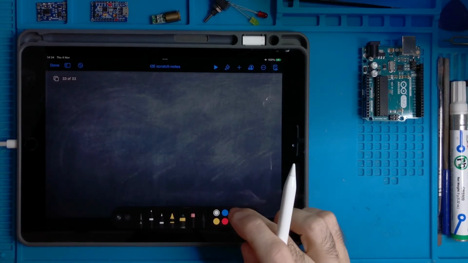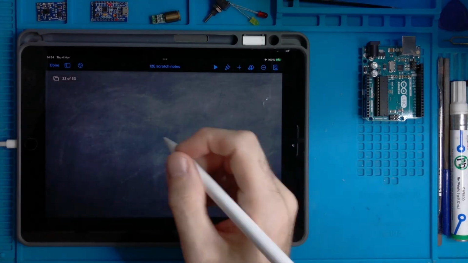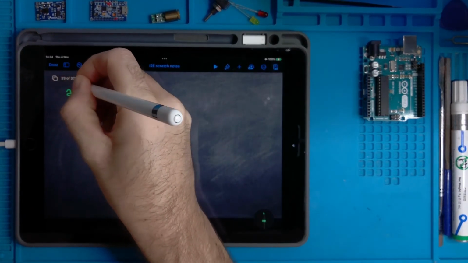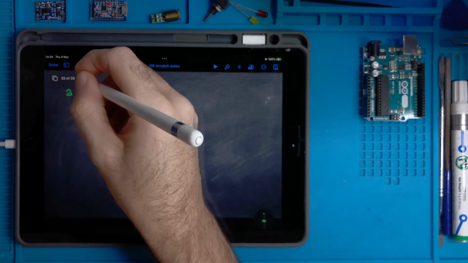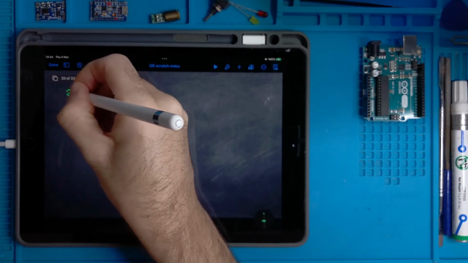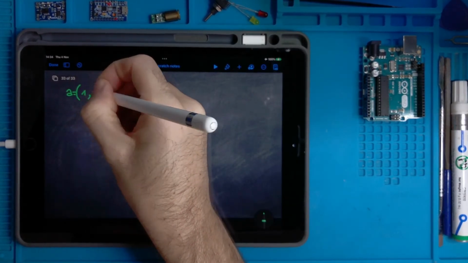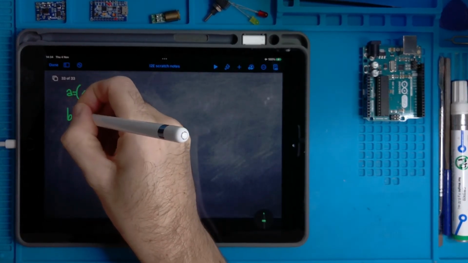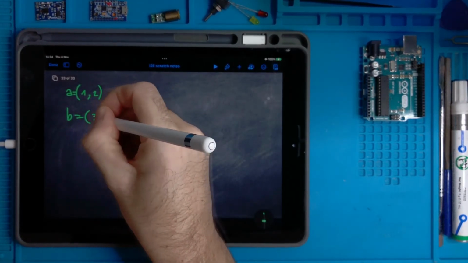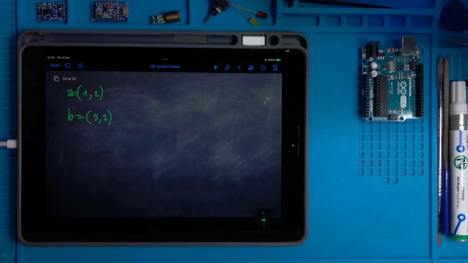Let's consider a vector A equals 1, 2, and B equals 3, 2.